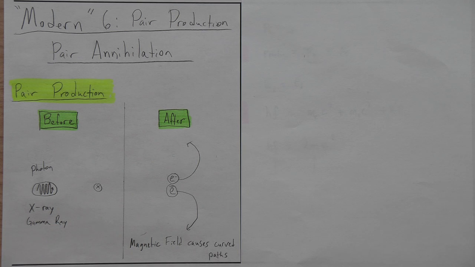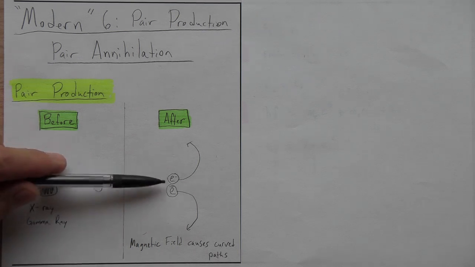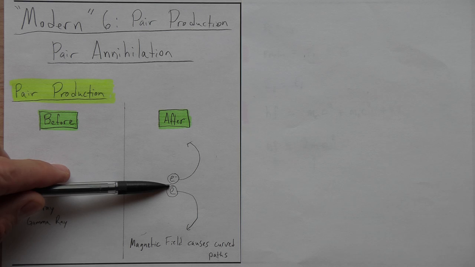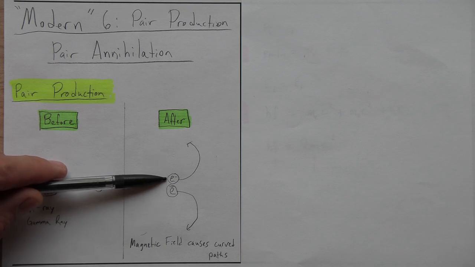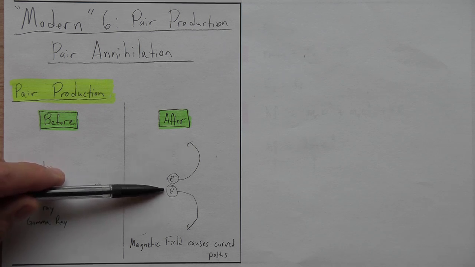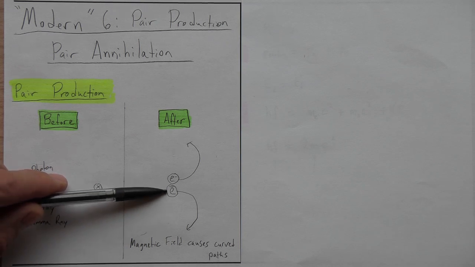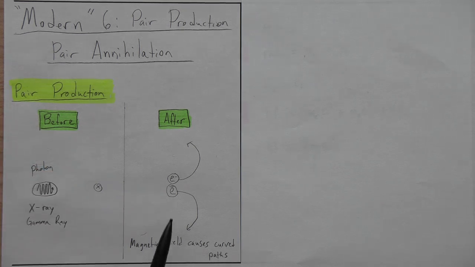In this case, I wrote e minus for an electron, and an e with a bar over it indicating the antiparticle of an electron, which we don't call an anti-electron. It's the one exception where we don't call the antiparticle by that name; we call it the positron instead. So we got an electron and positron, matter and antimatter. And then in the presence of a magnetic field, we can get these to spiral away from each other, and we have now a particle and the antiparticle.